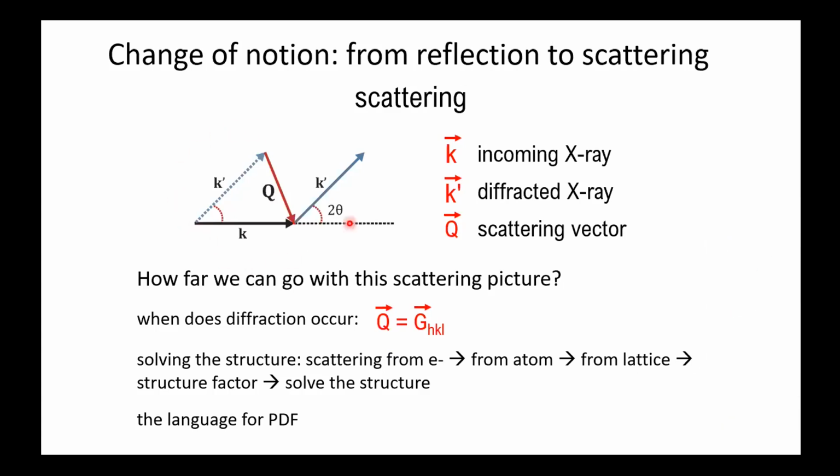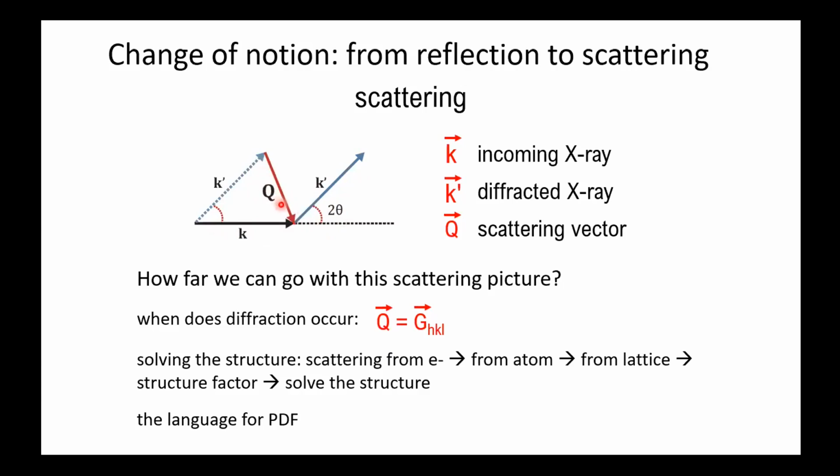So we see this is the incoming one, and this is the diffracted one. The length is the same, but the directions change, and they do have this kind of two-theta relationship. And this two-theta is the geometric angle that we normally get from the XRD measurement. And because of this momentum change, we have a vector indicating how much